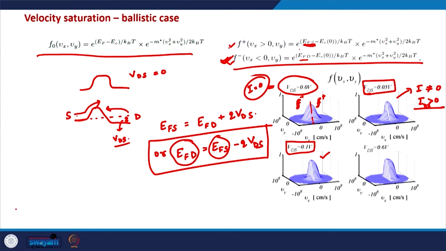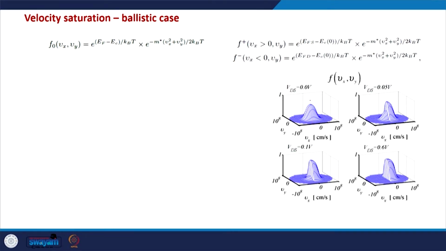So as expected, the positive half of this distribution is still intact because there is no change in the barrier from the source side to the top of the barrier, so there is no change in the height of the barrier from source side to the top, and that is why this positive half almost remains the same. However, I would like you to think and look more closely into these pictures, because one thing that is happening with increasing VDS is that this negative half is getting diminished, it is getting reduced in size. At the same time, the positive half is intact. In fact, it is increasing slightly, as you would see if you look closely here,